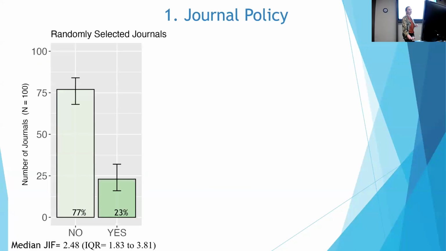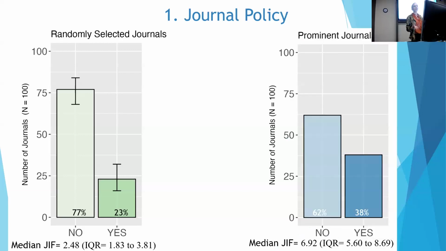All right, what did we find? Among the randomly selected journals, only 23 had any kind of clear indication of some kind of post-publication critique article type. This was slightly better when we looked at the prominent journals, going up to 38%, but still relatively low. And regarding limitations, while these often weren't stated, and when they were, they varied widely, the strictest limits we found were just 400 words in length in one journal, while another journal required that critiques be submitted within 4 weeks of the original article being published, which I'm sure you can appreciate as some pretty serious constraints if you're trying to write a thoughtful criticism of someone's work.